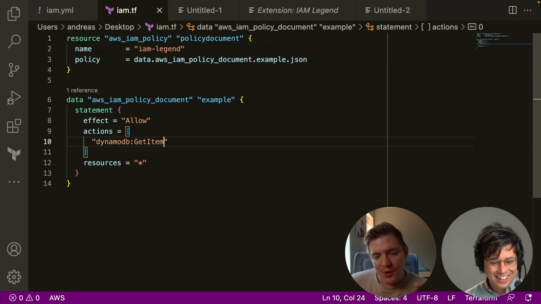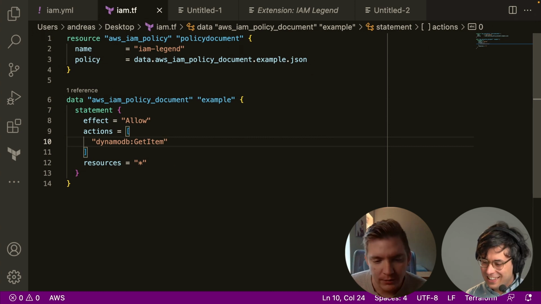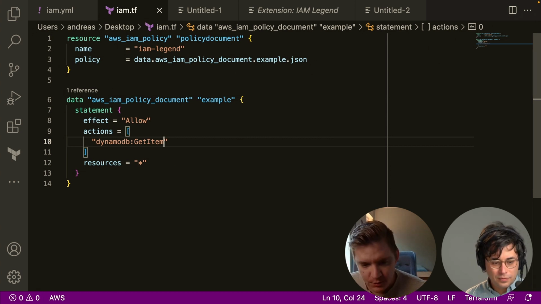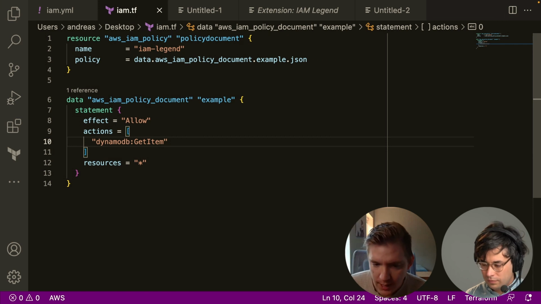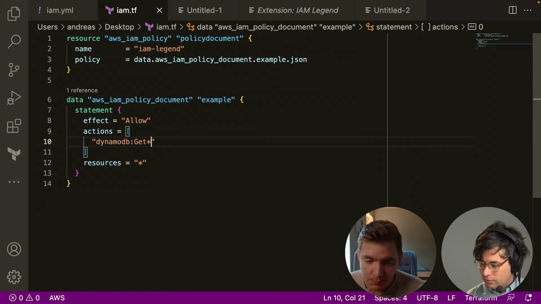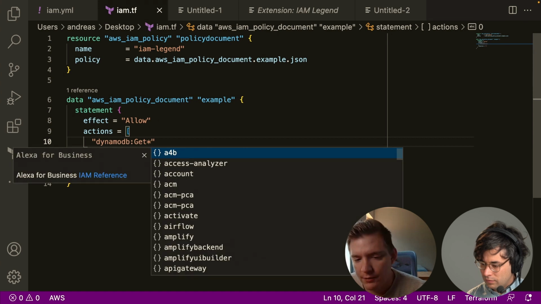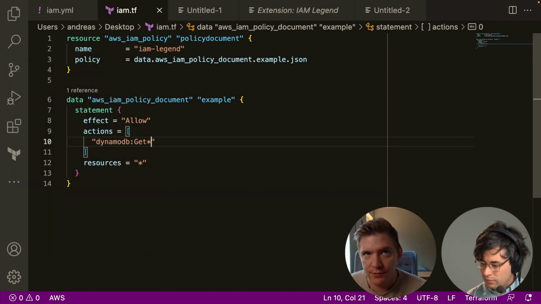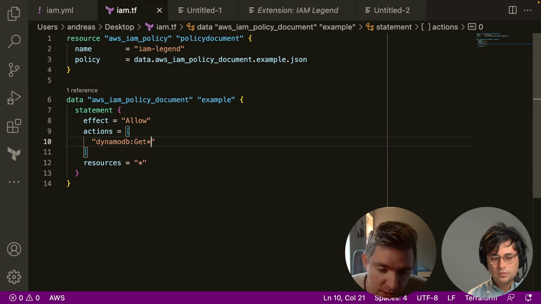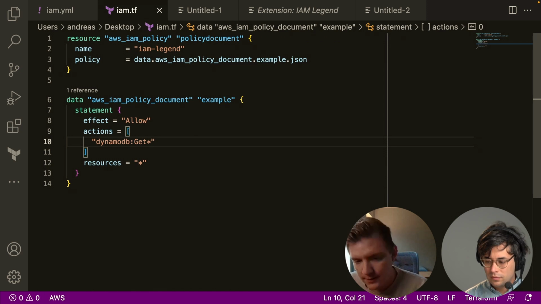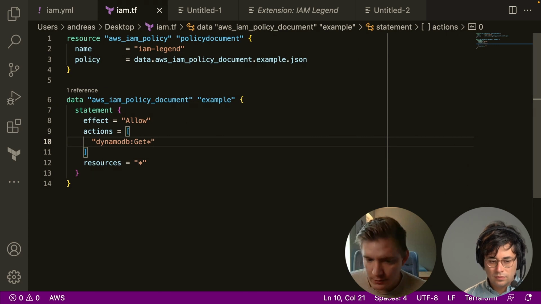There's one more thing that I think is pretty cool, that many people know that it's possible to use a wildcard in the action. So you could, for example, with the DynamoDB action that we have here, that was get item. What if we want to give this policy all of the get actions? So you could put a get and then an asterisk, a star, but it's very hard to know what services will actually be included inside that without going to the reference and searching for get and seeing exactly what's in